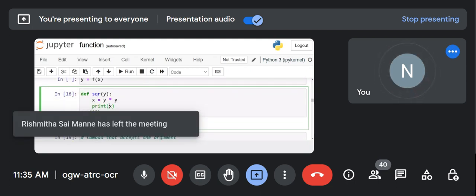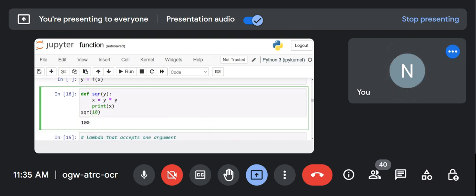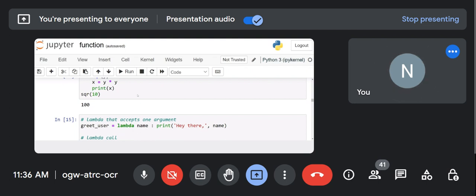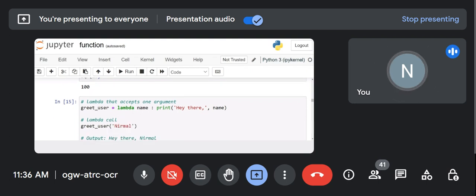Let's check. This is using def. So def is a lengthy process. In lambda we are doing it in one line itself, but def is a lengthy process. Okay, now